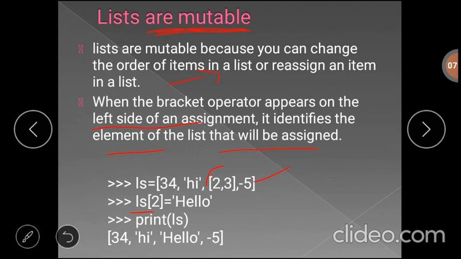Suppose you want to change the value present at the second index, then you can use that index number: ls of 2 equal to hello. Now if you print the list, it will display 34, high, hello and 5. Now this value is modified.